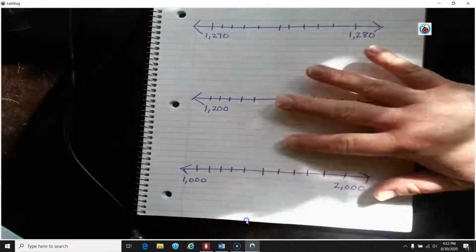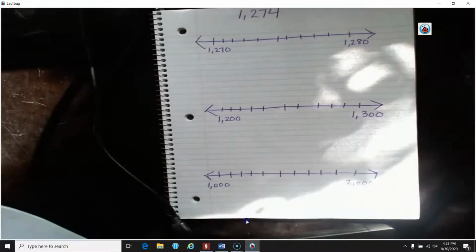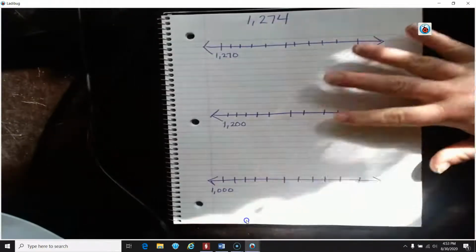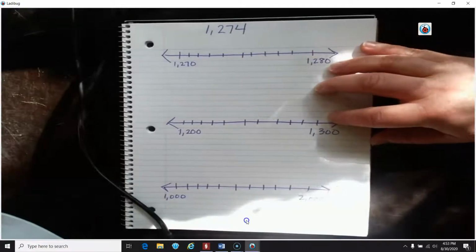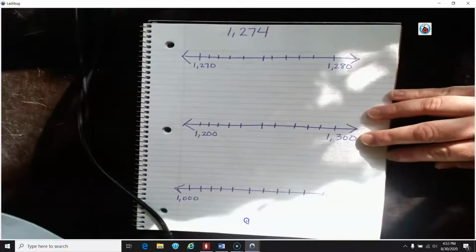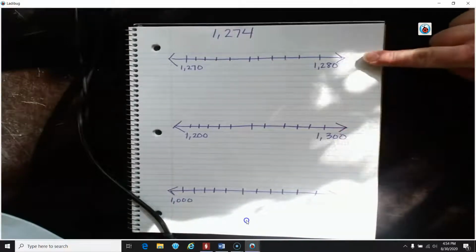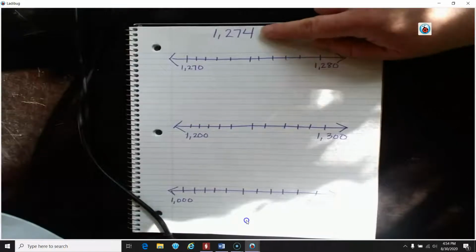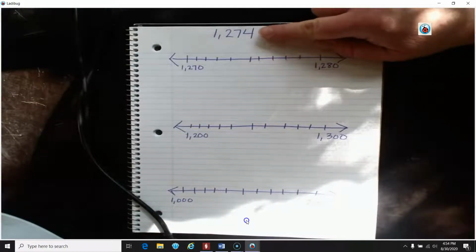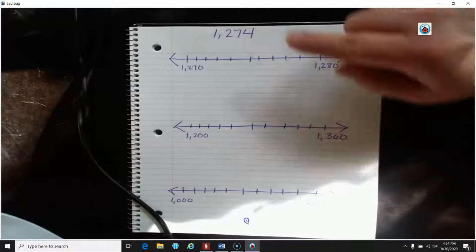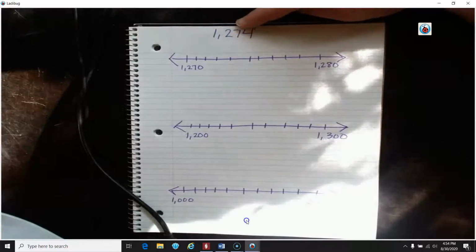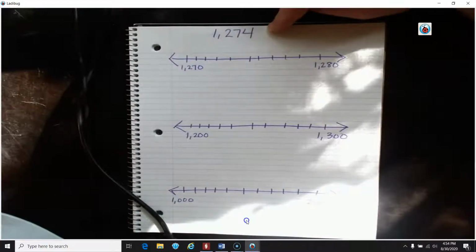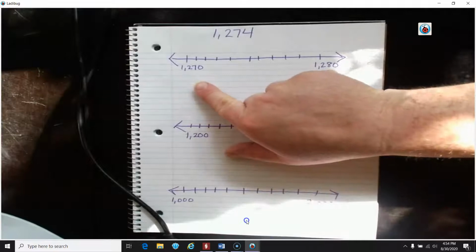And what I did is I already wrote the number of students on the top of my page, which was 1,274. Now I have drawn 3 number lines here, and I realize it's kind of hard to see, but I'll move it when we get to the one that is hard to see. The first one is going to be for the nearest 10. So what I have to do is think about if this is on a number line between 2 10s, what 10 is it in between? It's in between this 10, which is 70, and the next 10, which if we were counting by 10s, 70, 80 would be next. So I have 1,270 on that side,